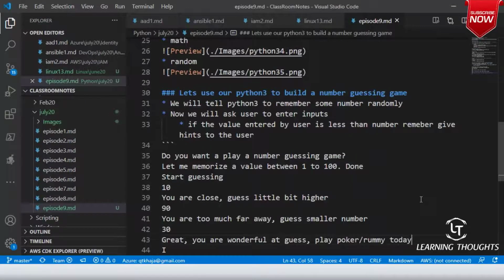Did you understand this program, sir? We are playing with numbers, nothing else. Till the user guesses your number, you will be hinting him. So to do this program, let us try to understand conditions and loopings. Am I clear on this? This would be our first number guessing game. Clear on that, sir?